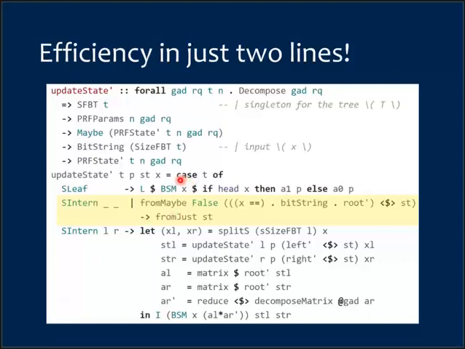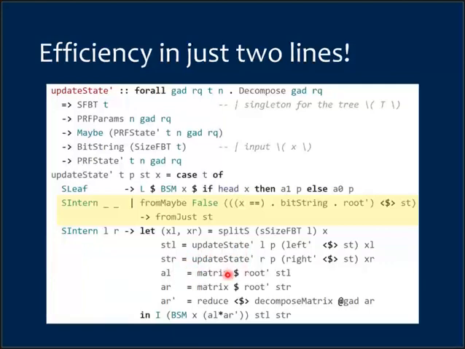Here we're doing casework on the tree topology, T. If the tree topology is just a single leaf, then we select one of the 2 public parameters appropriately: A1 if the input bit is 1 and A0 if the input bit is 0. Otherwise, we enter this third case and we call update state recursively on each of the left and right